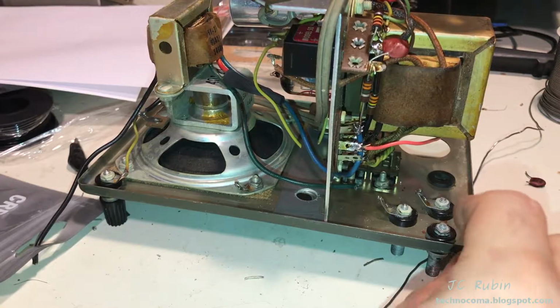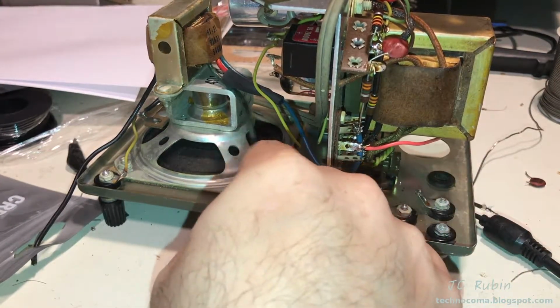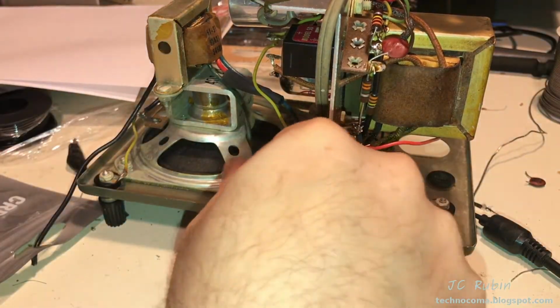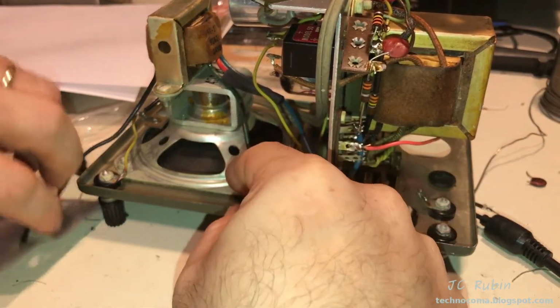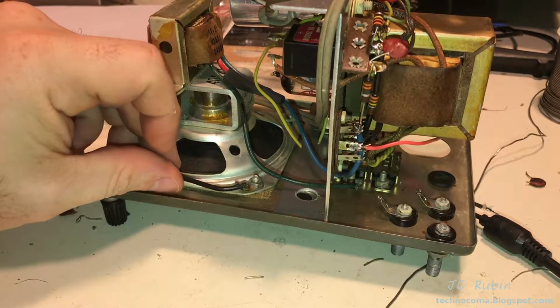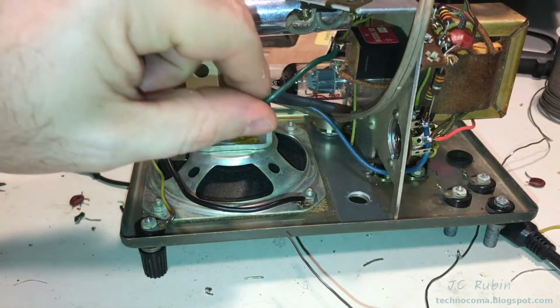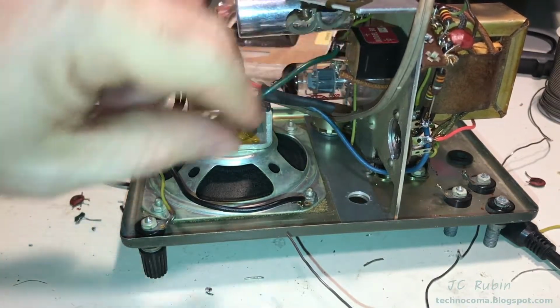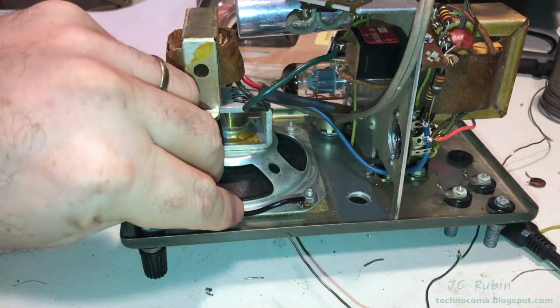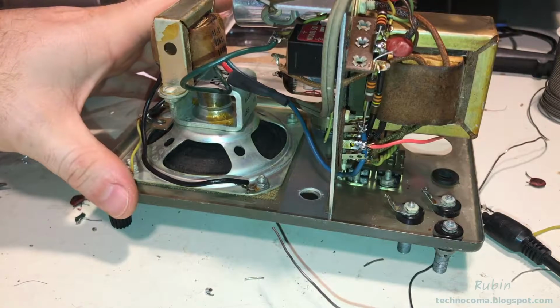While the soldering iron's heating up, I removed one of these lugs from the old coil connection and brought it up here to the speaker. I don't know if this is a very good ground. We're going to find out, but I'm going to use it to hook this black cable to. That'll keep the speaker in the permanent on position that I discussed earlier. So now I have the green switch 2 wire done directly to the diode, and the speaker permanently on wire done. I now have one more power wire or power circuit to take care of, and that's going to be